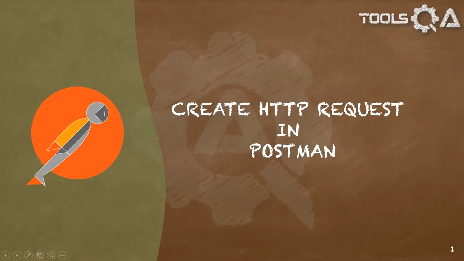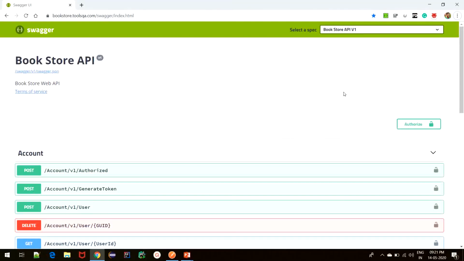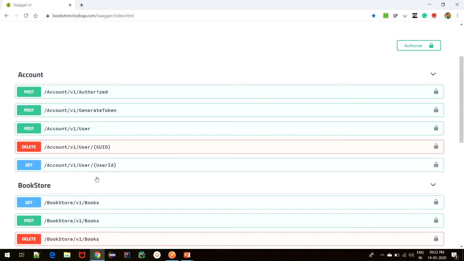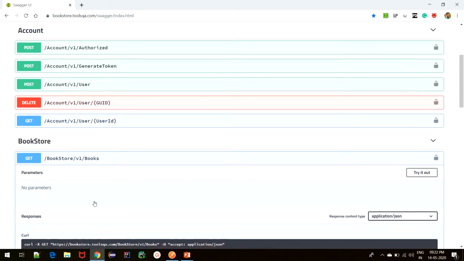Let us quickly check all these parts of the request by sending a request to our Bookstore API on Chrome browser. So here we are on the Swagger tool for our Bookstore API. To see what a request consists of, I'll copy the Bookstore API to get books.